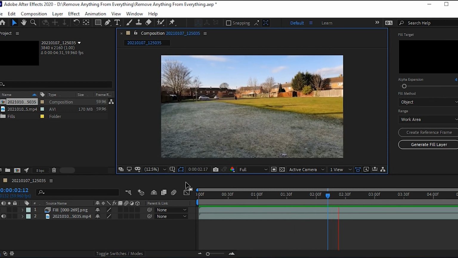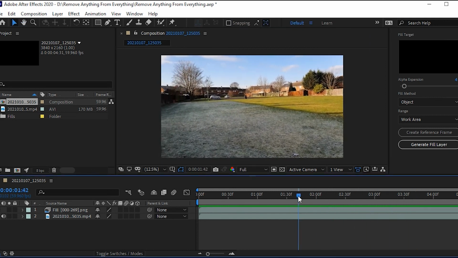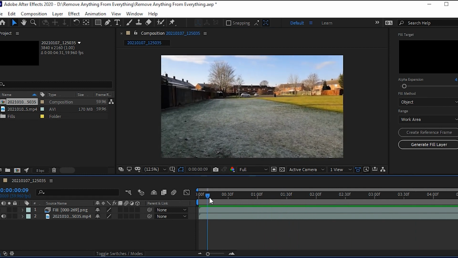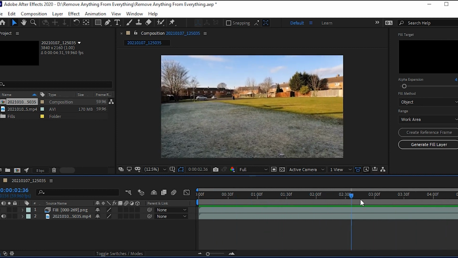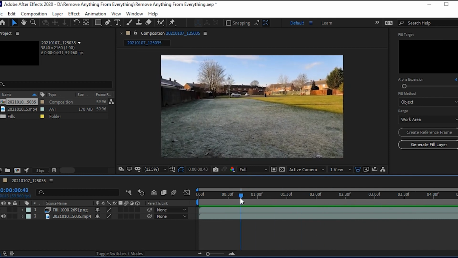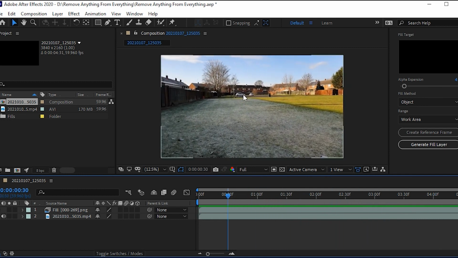Again, as I say, if you wanted to add an extra layer in, you can, but we're not going to do that today because it's the same process twice, and I don't think you need to see that same process twice. So absolutely fantastic. It does an amazing job of getting rid of stuff. It can be anything, absolutely anything: trees, cars, bins, signage, whatever you want to get rid of, it can get rid of it through the moving image, through the video, and make it look like it was never there.